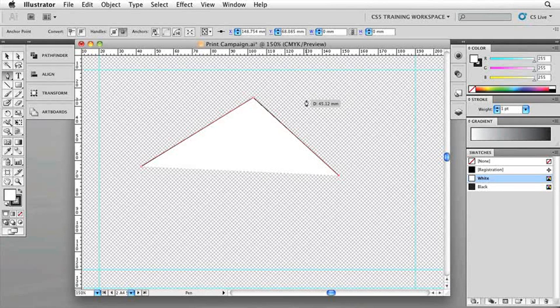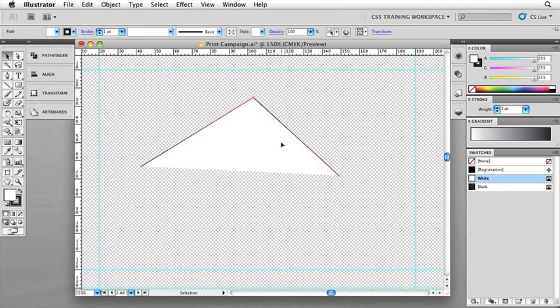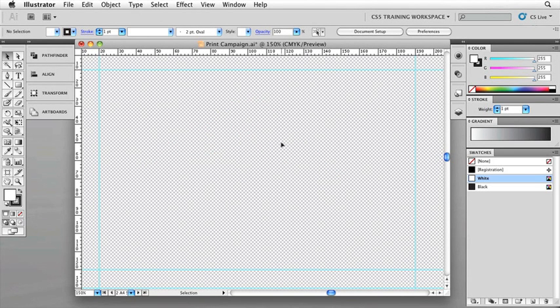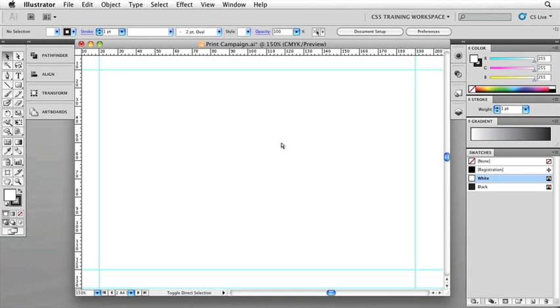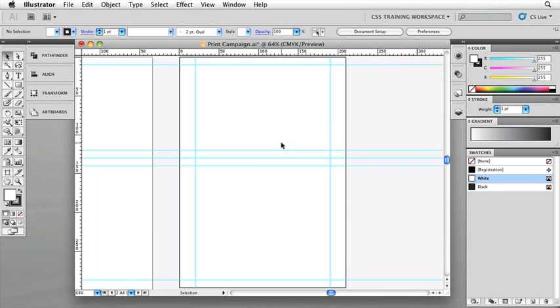Okay, let's hit the V key to go back to our main selection tool. Let's click on the fill area here for our path and just delete it. Okay, we're ready to start using different shapes. Now we can also turn off the transparent background and fit this page in the window so we see all